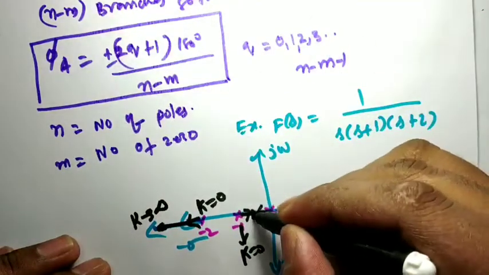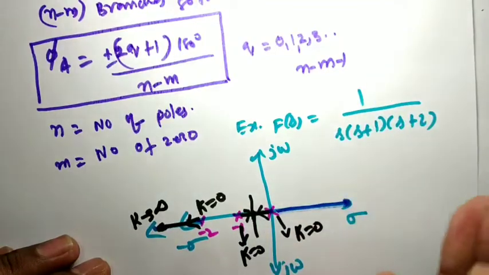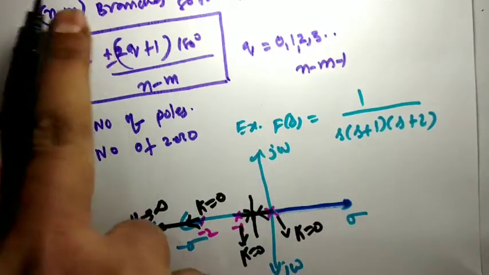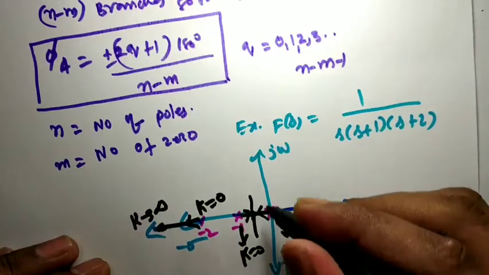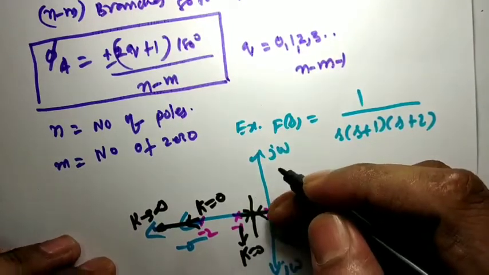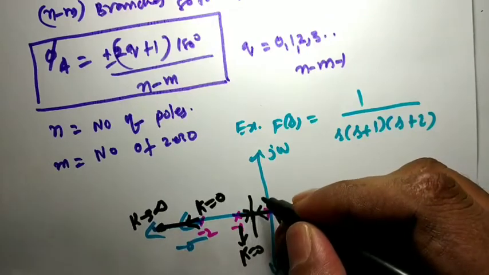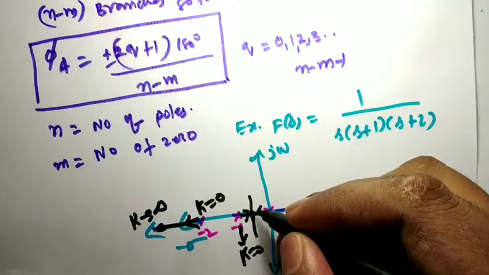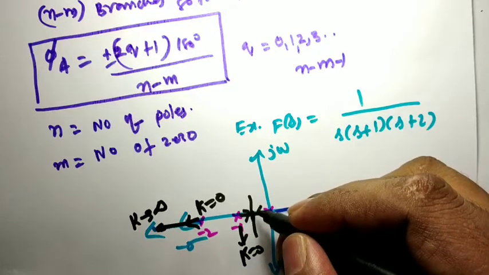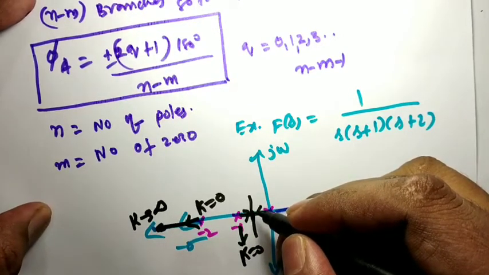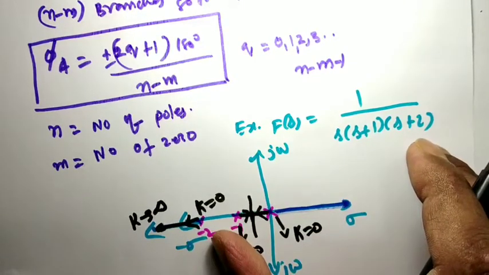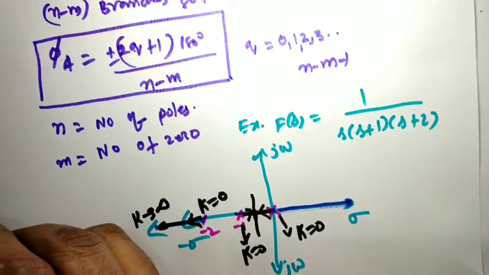After breakaway, at what direction and at what angle are these poles going to move? The asymptotes will tell you. They give the guidelines of the root locus, how the root locus moves after the breakaway point. We will see this from this example. Also, you have to find rule 5. Here in rule 5 you have to find the centroid. I am also going to write here rule 5.